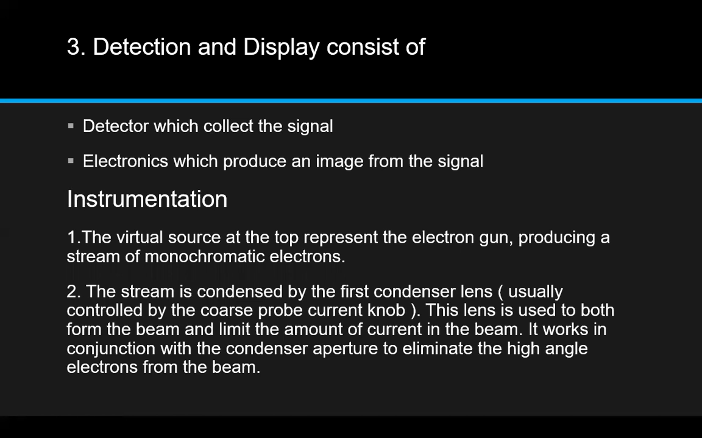Instrumentation of the scanning electron microscope: the virtual source at the top represents the electron gun that produces monochromatic electrons. Monochromatic electrons are electrons that pass only a single wavelength of the